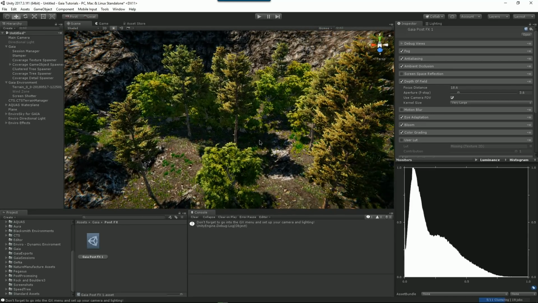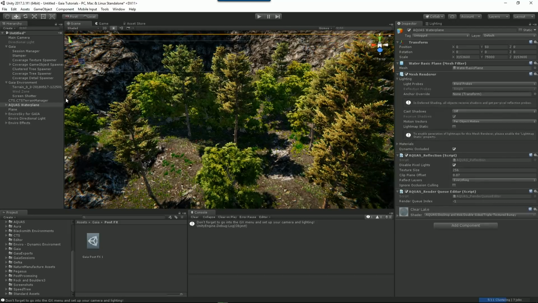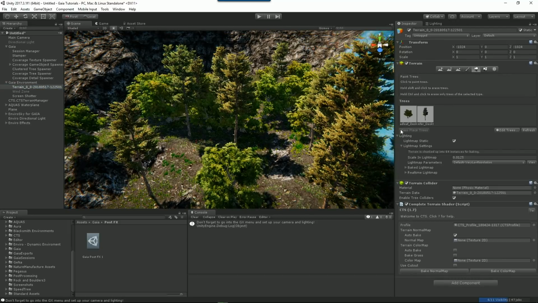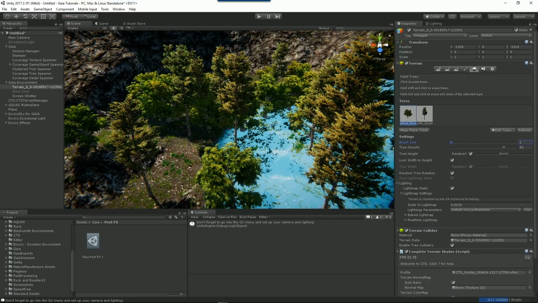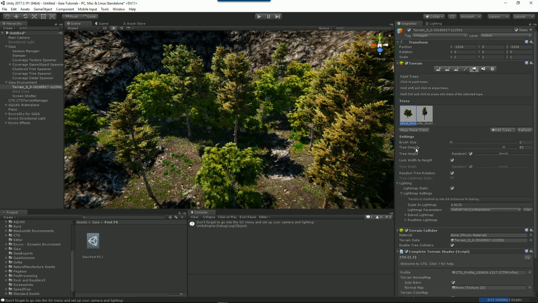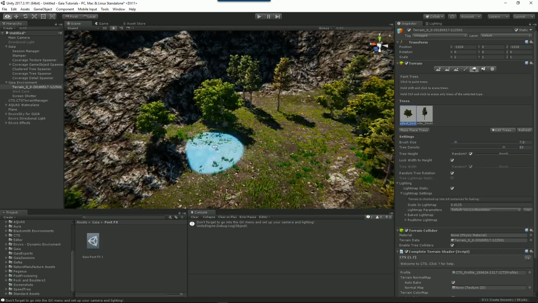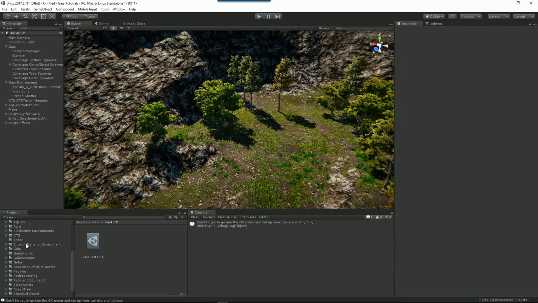Got a few too many trees here, so let's get rid of them. Even though Gaia does a lot of the work for you, doesn't mean that all the usual tools don't still work for you. So I might just drop a few of those trees out. Cool, and then what we'll do is we'll go into our